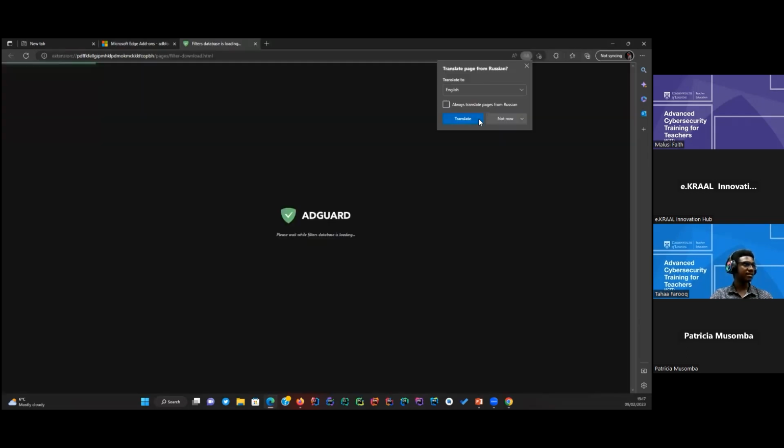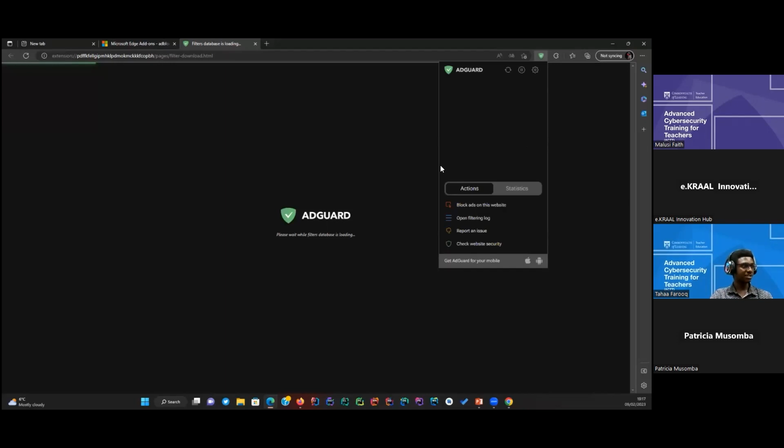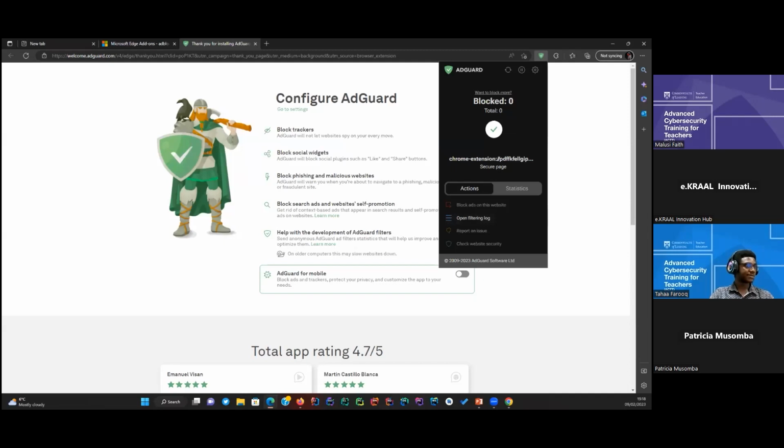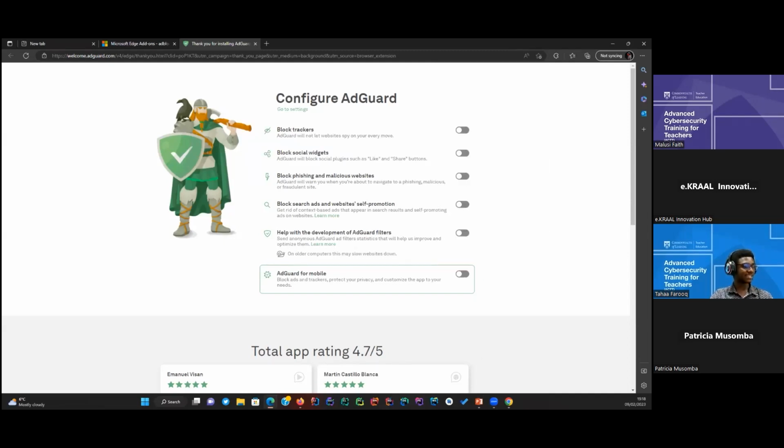Yes, done. So as easy as that, when I click on this icon, I will be able to get the full options of the extension that I just installed. So yeah, that is, I can say, all about AdGuard that you can do to protect yourself. Now, on this